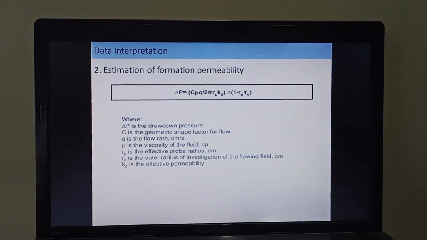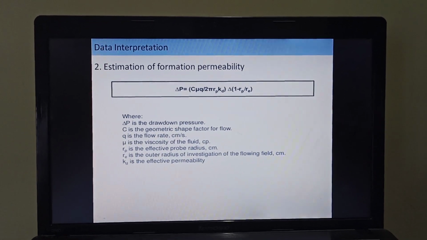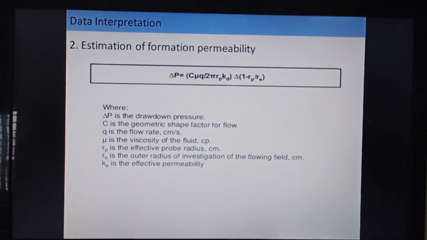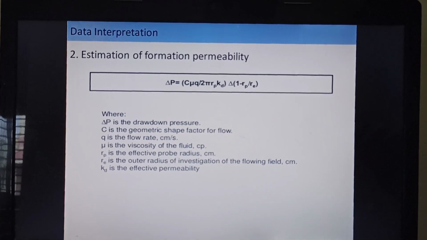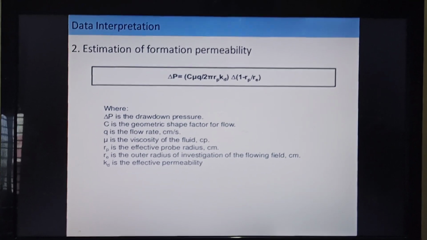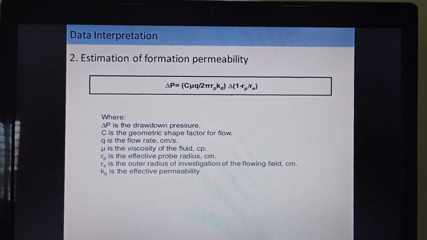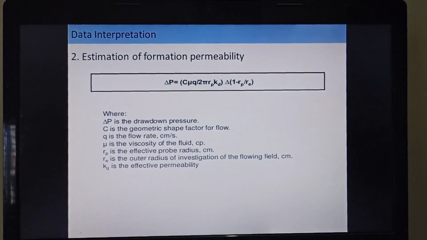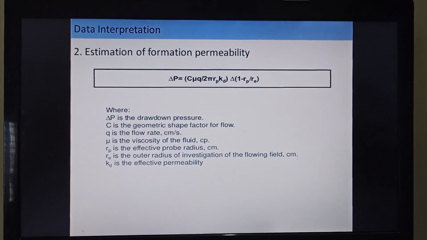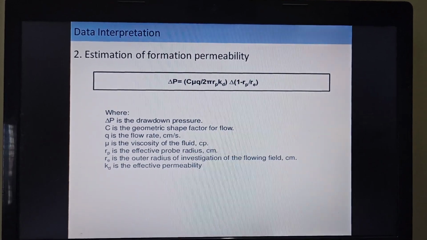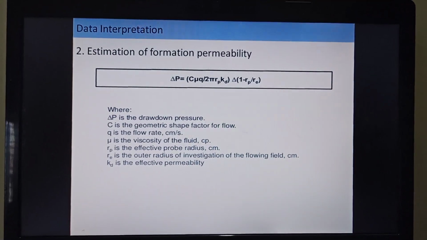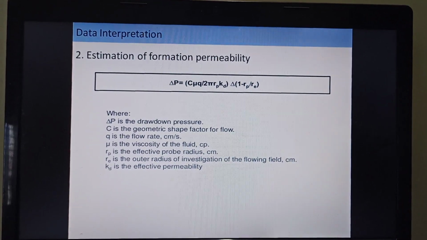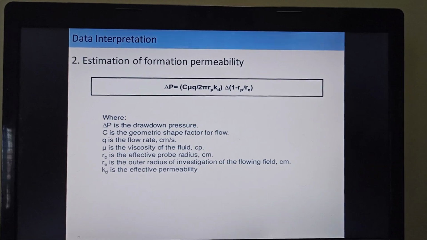Coming to the next, the estimation of formation permeability. As you can see in the equation, delta P is equal to C mu Q upon 2 pi Rp Kd into (1 minus Rp upon Re), where delta P is the drawdown pressure, C is the geometric shape factor for the flow, Q is the flow rate in cm3 per second, Rp is the effective probe radius, Kd is the effective formation permeability, Re is the outer radius of investigation of the flowing field, and all these units are in